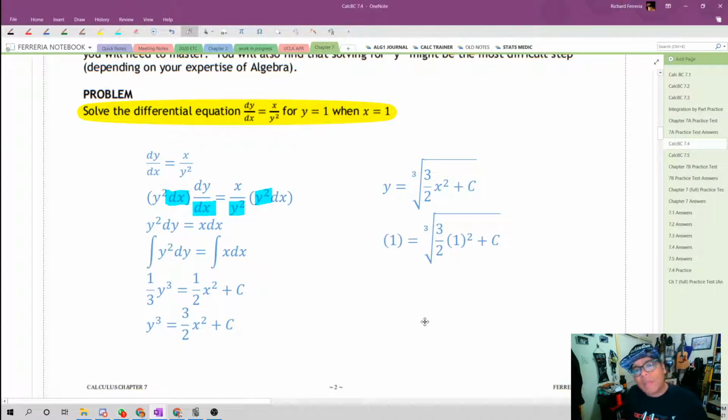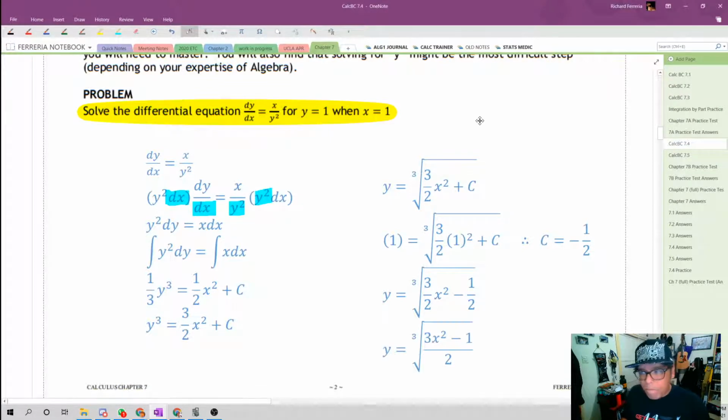Solving for that c, we're going to substitute our initial condition (1, 1). We get c is equal to -1/2. So y is the cube root of 3/2 x squared minus 1/2. That probably looks nicer as the cube root of 3x squared minus 1, the whole thing over 2. So here we are. This is our differential equation, and